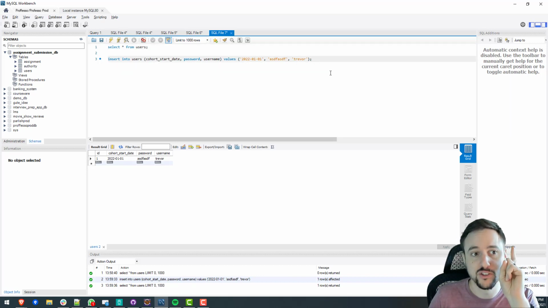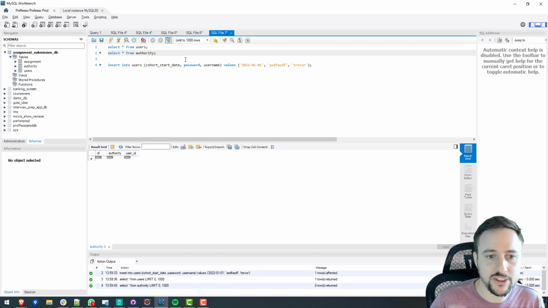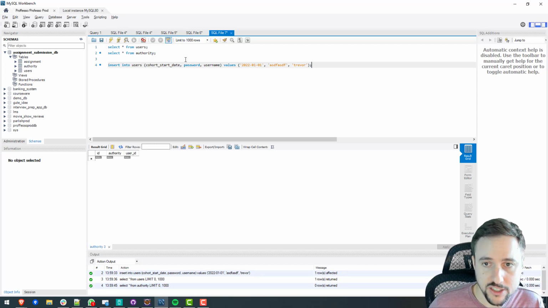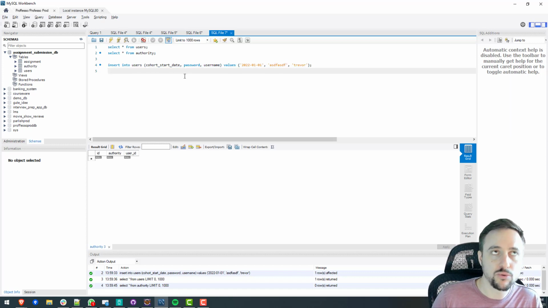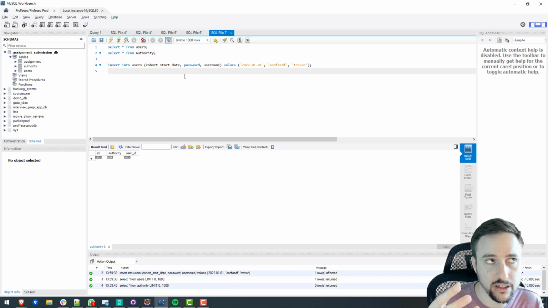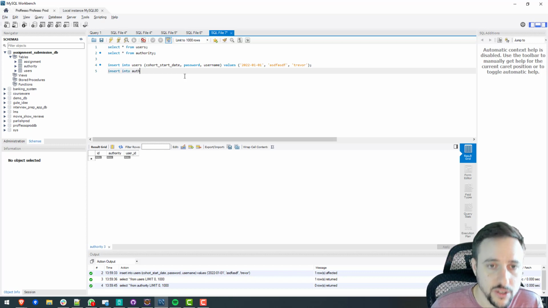But there's one more important thing. We also have select star from authority. Remember that the authority table are roles. So when we insert a user, the user has to have a role, because the role that we expect is a student role. So we can also say insert into authority